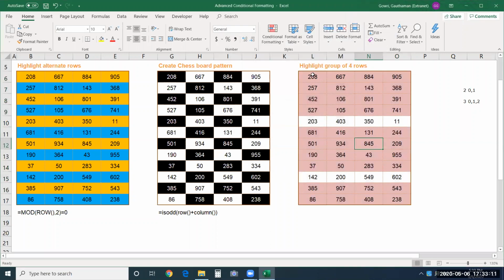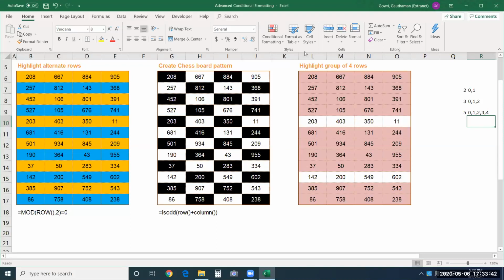See, a group of 4 rows has been highlighted. So how are we getting that? If I use 5 as the number for dividing the row numbers, the remainder for 5 will be 0, 1, 2, 3, and 4. Only these can be the remainders if you divide any number by 5. For 0, you don't get any color. For 1, 2, 3, 4 is where you get the color.